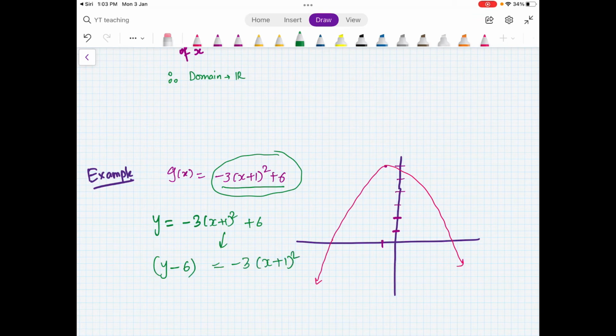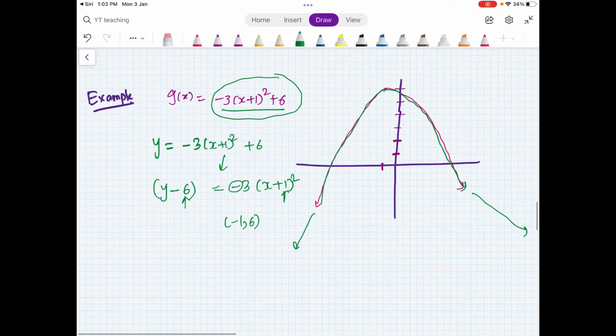So this is a parabola which has the vertex at x is equal to minus 1 and y is equal to 6. And because of this negative sign, this is a downward parabola. So it is like this. Okay, and it will go like this. So now tell me what is the domain? Domain is all x, right? Because everywhere you can just put all the values of x. So domain is all x.